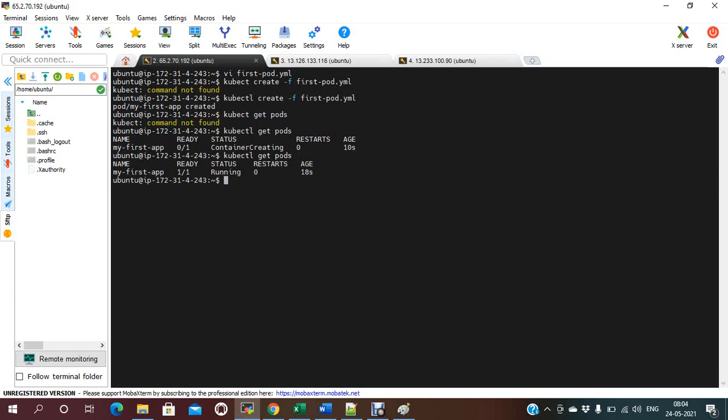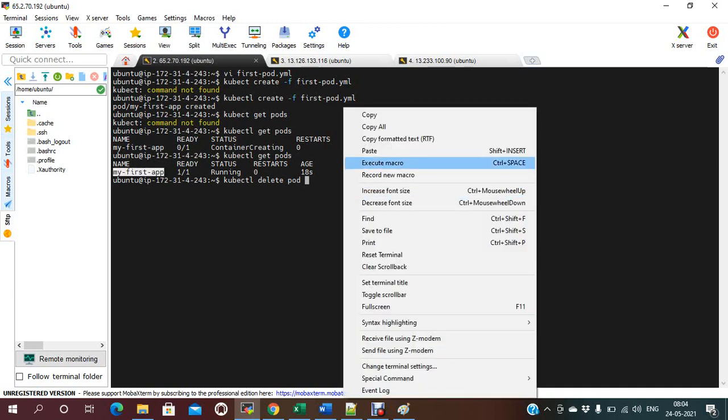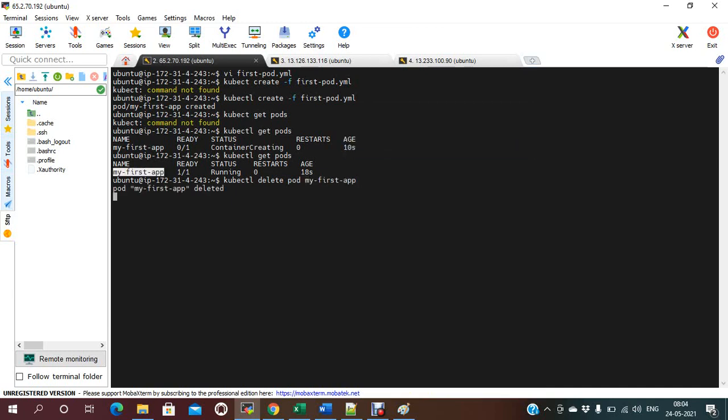Like this, you just need to create a pod. If you want to create deployments, you just need to create a deployment file, let me try to create a deployment in vi. If you want to delete the pod, you just need to give kubectl delete pod and the pod name. A pod is just a basic object.